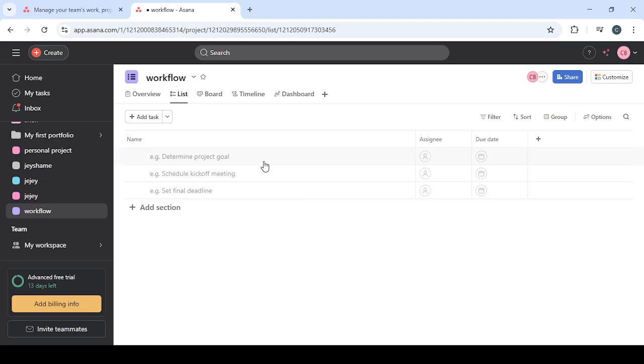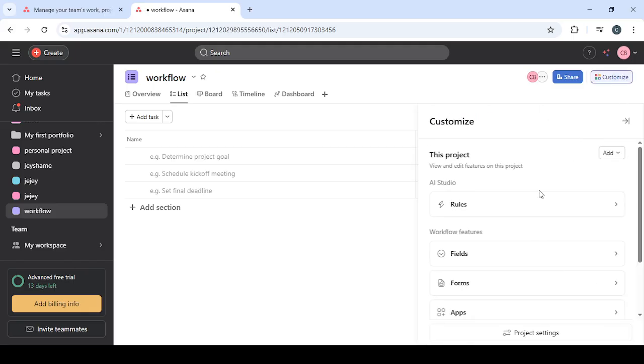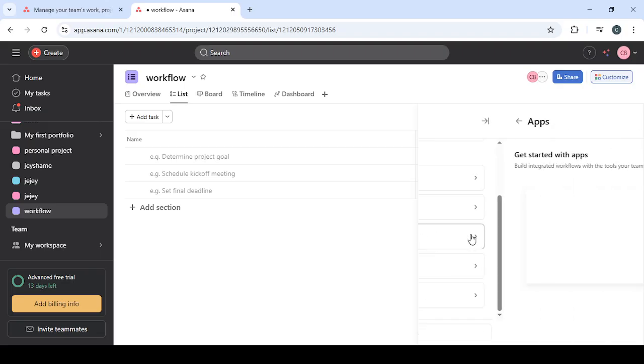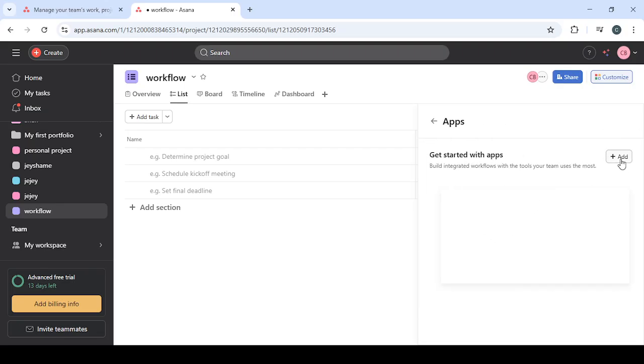In App Source, use the search bar to look up the Asana add-in. When you find it, open its page to review what it does and the permissions it needs. Click Add or Get it now to install. If Outlook asks for confirmation or admin approval, follow the prompts. Once it's added, the Asana icon should appear in your message toolbar or in the More Actions menu when you